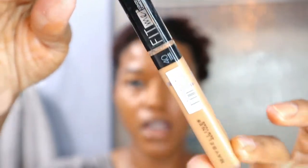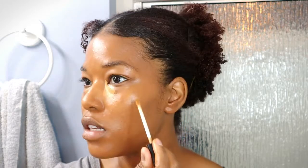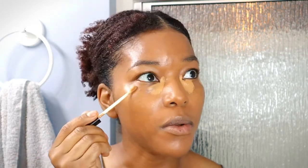Concealer. This is the Fit Me concealer. This is my favorite concealer. I love the small brush. I love the fact that I can just apply exactly where I want it to. It gives me precision and it's not too much. But anyway, like I was saying,